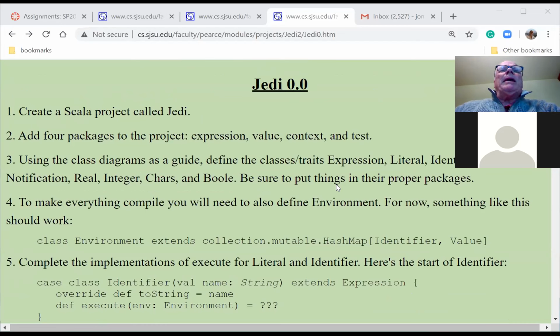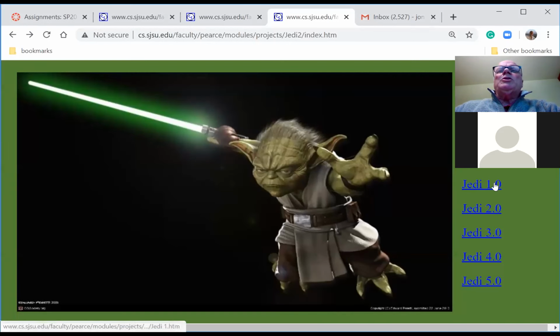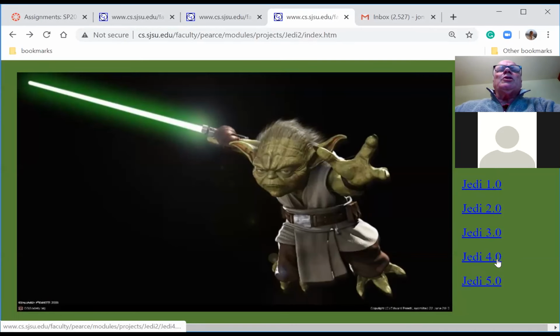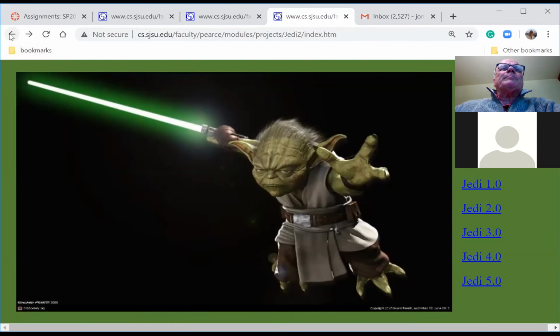And then my plan is that Jedi 1.0 will just add to this. All of these different Jedis are just going to add to the project that we've already started. So we're just going to be teasing this project along. We'll probably get up to Jedi 3. I don't know if we'll get up to Jedi 4 or not.